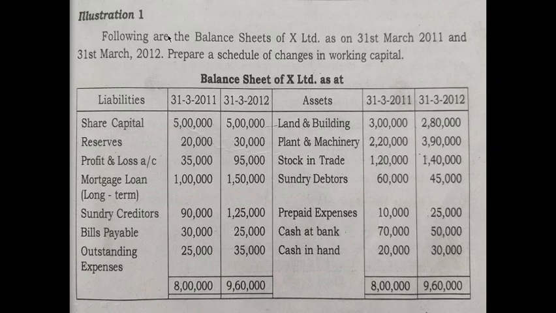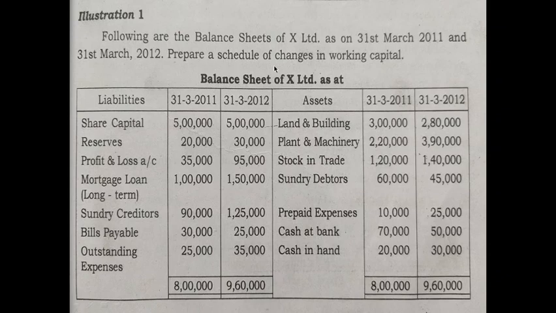Here a balance sheet of X Limited regarding the periods 2011 and 12 is given. What is meant by it is, 2011 is the previous year and 2012 is the current year. That is, this is the first amount in the first column, and this is the second one in the second column. Remember that part, because these are the areas where students come across careless issues.